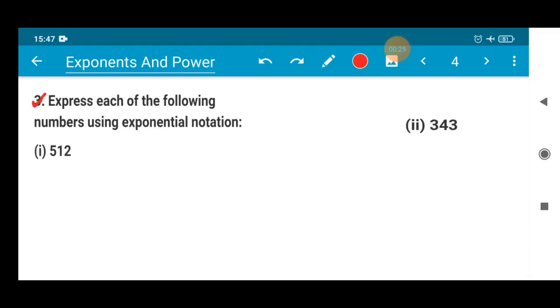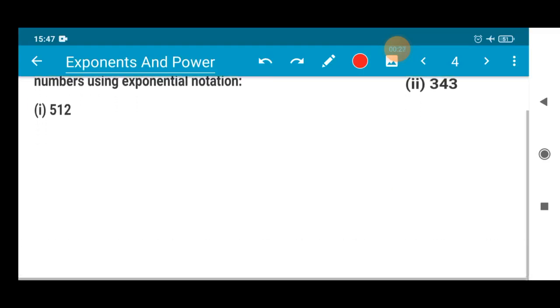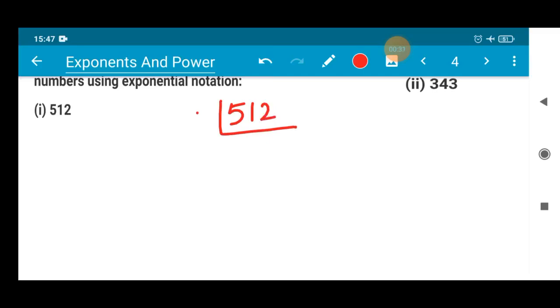We have to convert this number into its exponential notation. So how to do that? Using the prime factorization technique. Try to convert with the smallest prime factor only, not directly with 3, not with the biggest number like 57. You try to use the smallest prime number and try to repeat that number. If that is not able to divide, suppose 2 is not able to divide, of course you have to proceed with the 3, right?